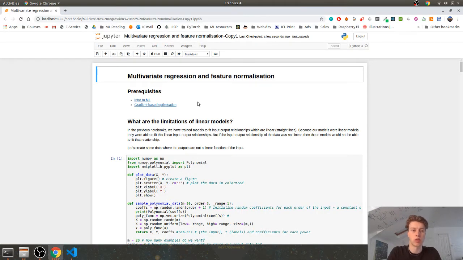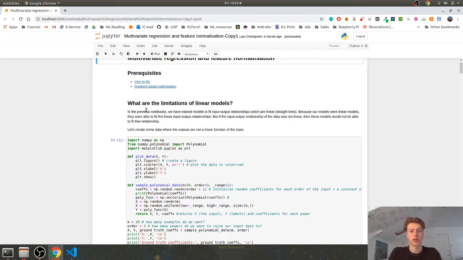Alright, so we're going to go through multivariate regression and feature normalization in this notebook. So previously we've trained linear models, that is models that represent a straight line function. And that's because we were using some fake data which we knew had at least close to some straight line input-output relationship. But if the input-output relationship of our data is actually not linear, then they won't be able to